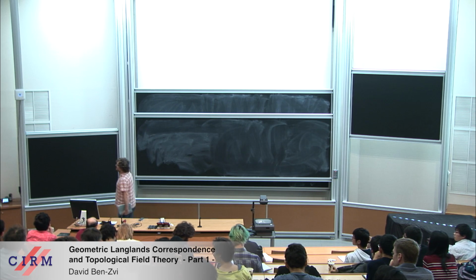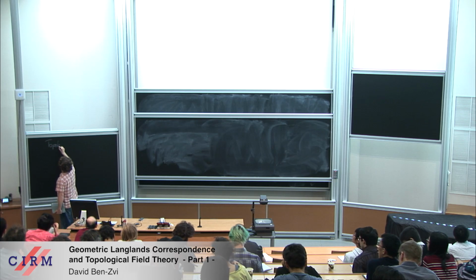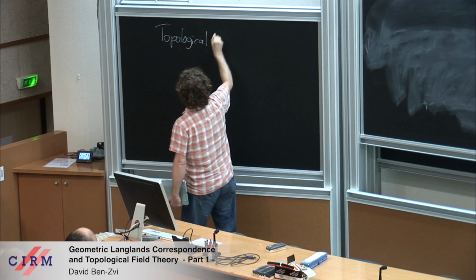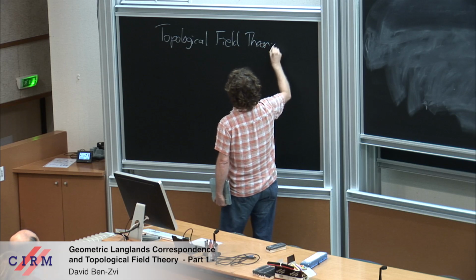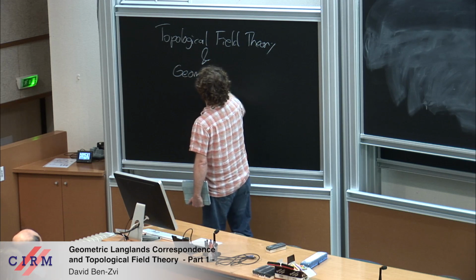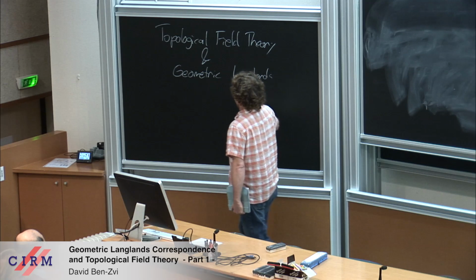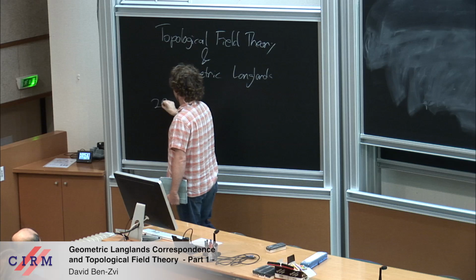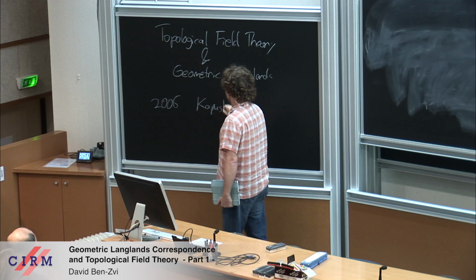So I wanted to tell a story about relations between topological field theory and the geometric Langlands correspondence, or if you like, in geometric representation theory. And this story, I think, begins in 2006 with a paper of Kapustin and Witten